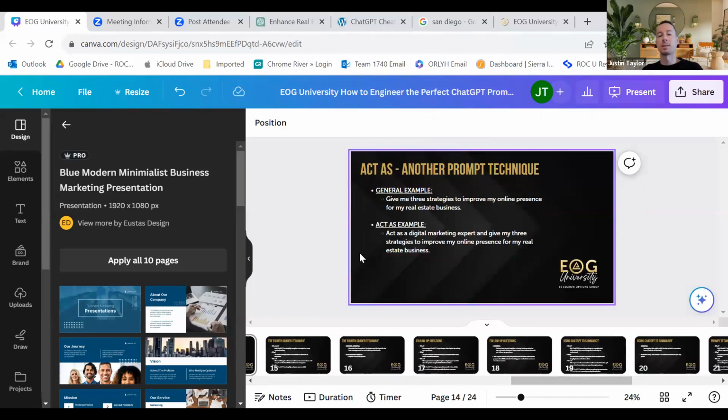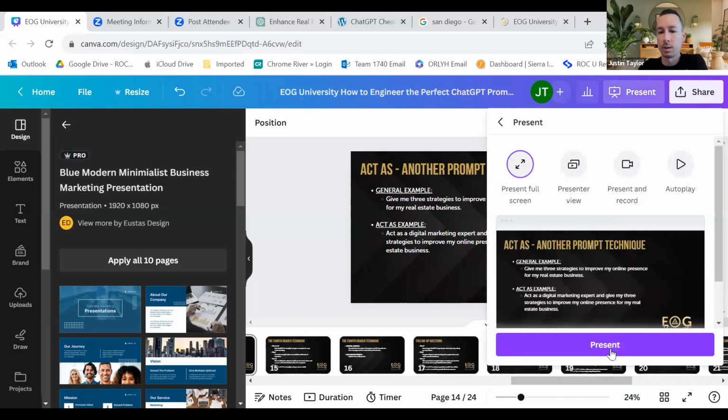So again, act as a digital marketing expert, act as an SEO expert, act as a pay-per-click expert, act as an email marketing expert, act as a social media marketing manager, act as a video marketing expert, YouTube expert, Google business profile expert, right? All those different things will give you a lot more detail.